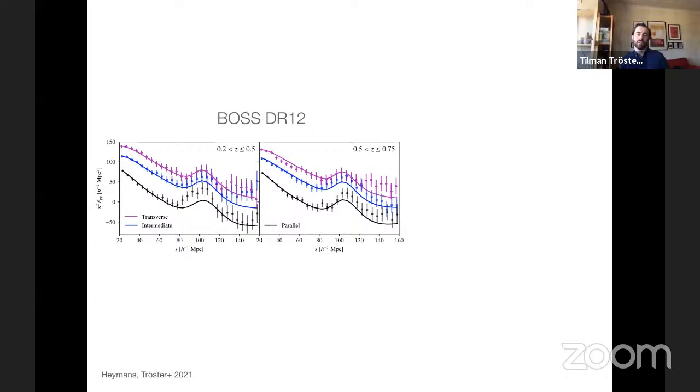So for the galaxy clustering measurement, as I said, we use the full BOSS DR12 footprint for that. And specifically for the estimator, we use what's called correlation function wedges. So that you take the anisotropic correlation function measurement in real space and then basically chop that up along the line of sight and perpendicular to it, and then some intermediate direction. So you measure the